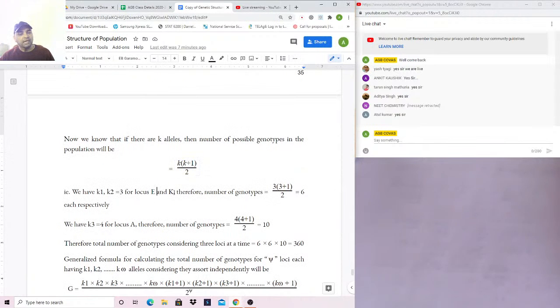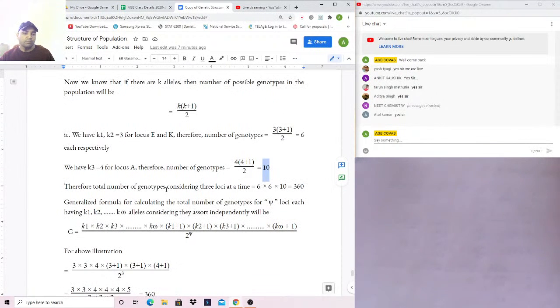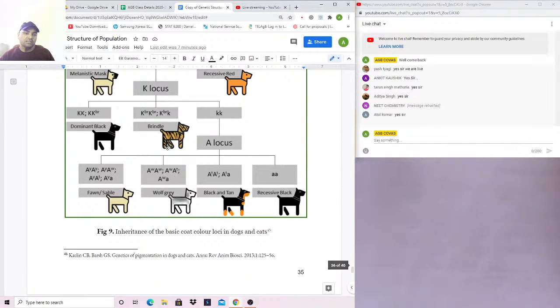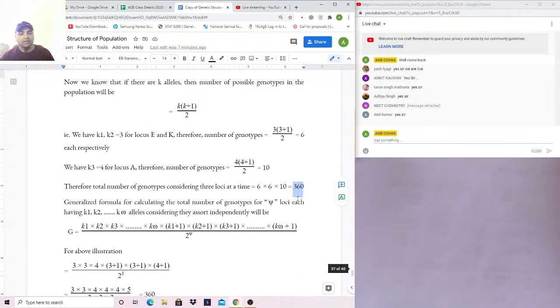So for E and K we have 3. So the total number of genotypes will be 6, whereas for this other locus A, the number of alleles is 4, that is K3, so the number of genotypes will be equal to 10. So the total number of genotypes considering 3 loci at a time will be 360. If I consider all these 3 at a time, there will be 360